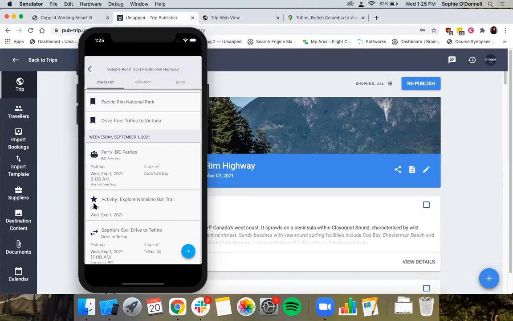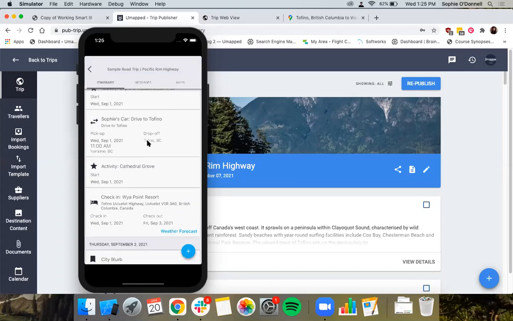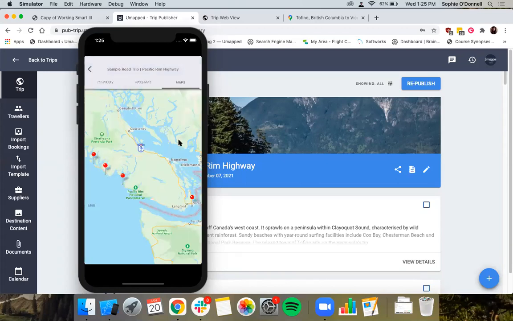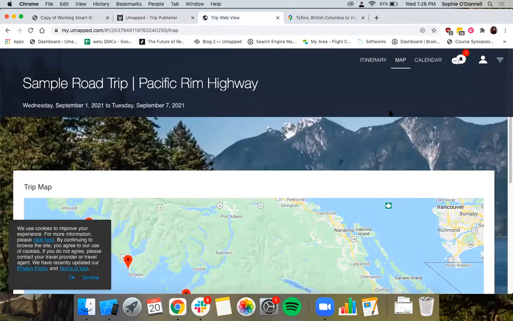So as you can see from this trip, the mobile app comes equipped with a map as well, right up here, which will pinpoint all of the destinations that your clients are traveling to. So your travelers can always interact with this like the map in the web view. I can't really zoom in with my mobile simulator. It's just a problem with the simulator. But with the regular mobile app, your clients can even zoom in and they can see what streets are nearby if they need to reference anything. So they can interact with this exactly the same way as this map we were looking at up here.